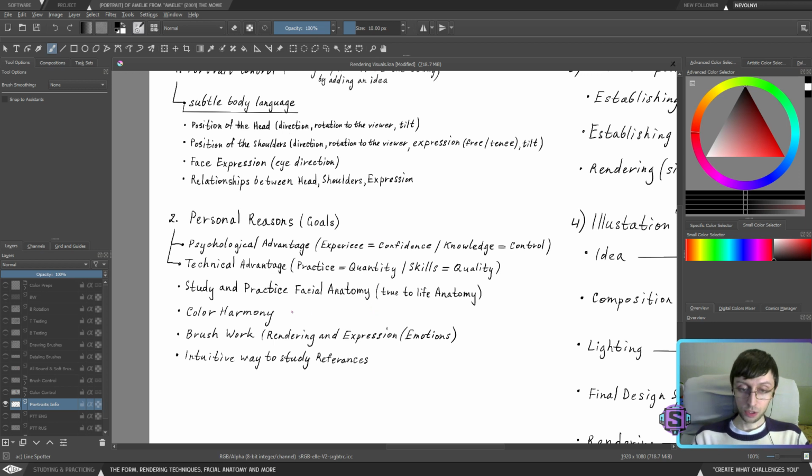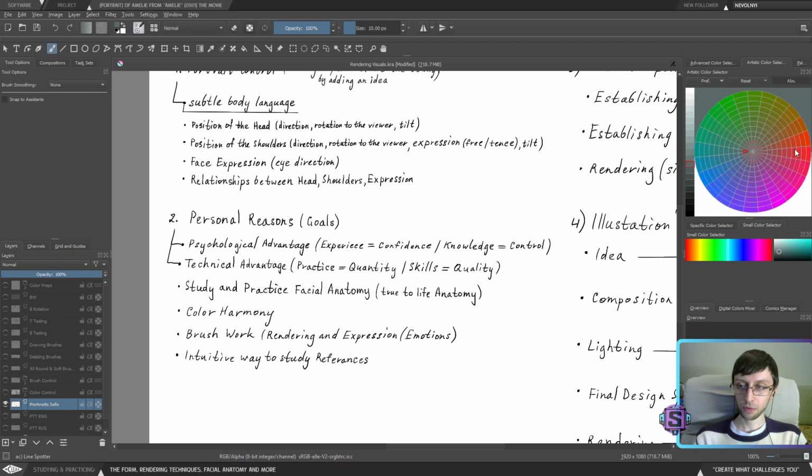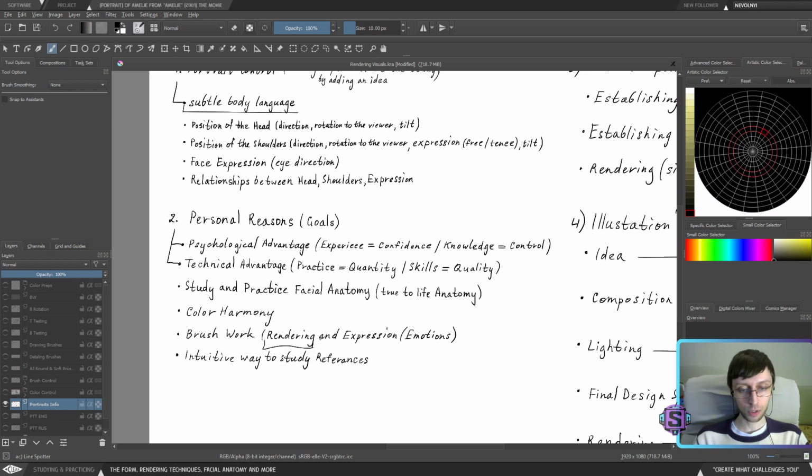Color harmony, which is a new topic for me, is super complex and deals with creating color relationships, which is a pretty hard topic to work with, and this is something that I need to learn how to do. And of course brushwork. We're not going to look at brushwork as just a rendering thing, we're going to look at brushwork as a way to express emotions, which is also new to me.